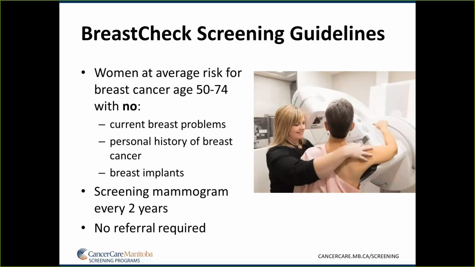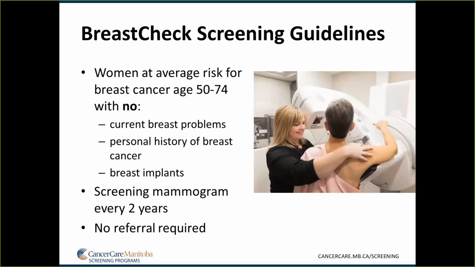Screening mammograms are also recommended now for transgender men aged 50 to 74 with no chest surgery history, and also transgender women aged 50 to 74 who have been on hormone replacement therapy for a minimum of 5 years. Mammography is still considered in the literature the best test for finding breast cancer early in women with both dense breast tissue and without dense breast tissue.